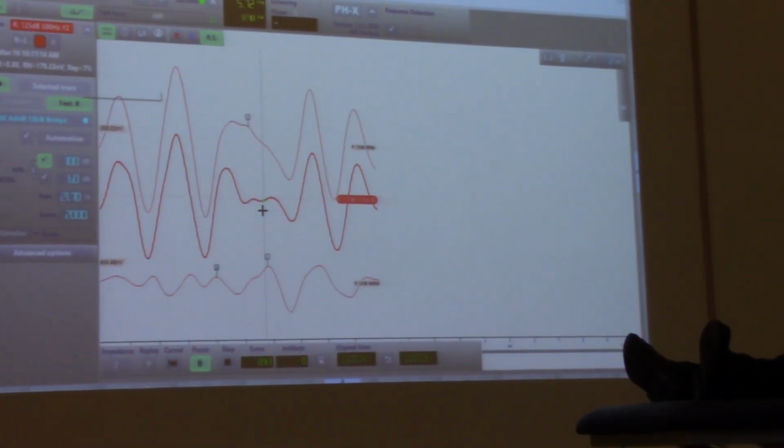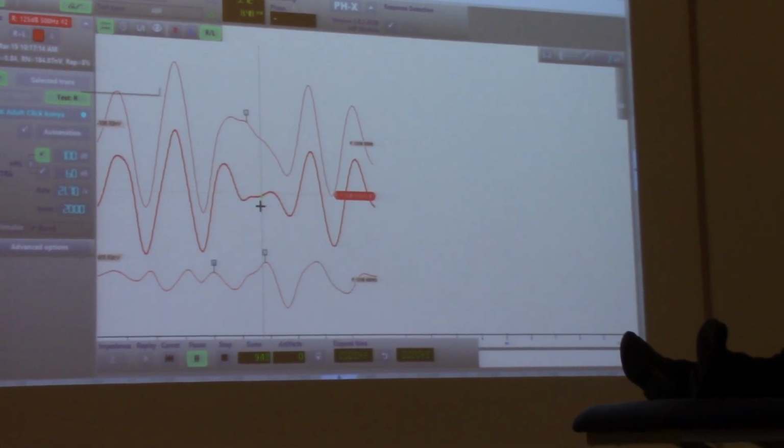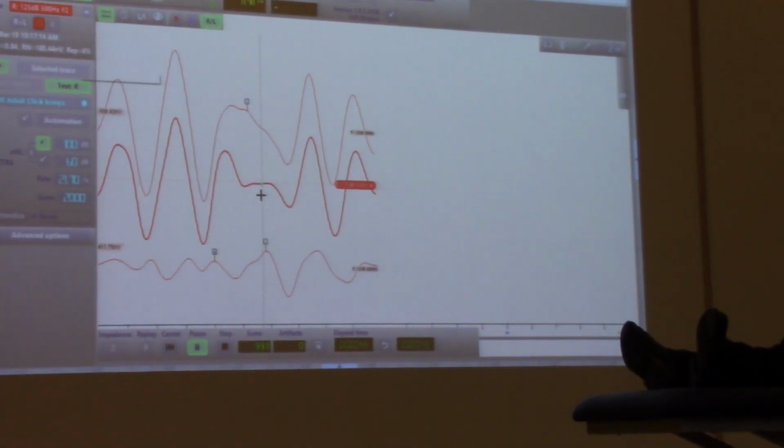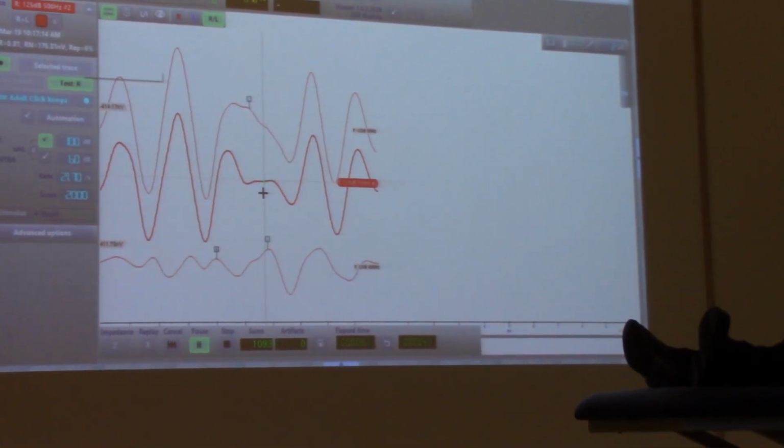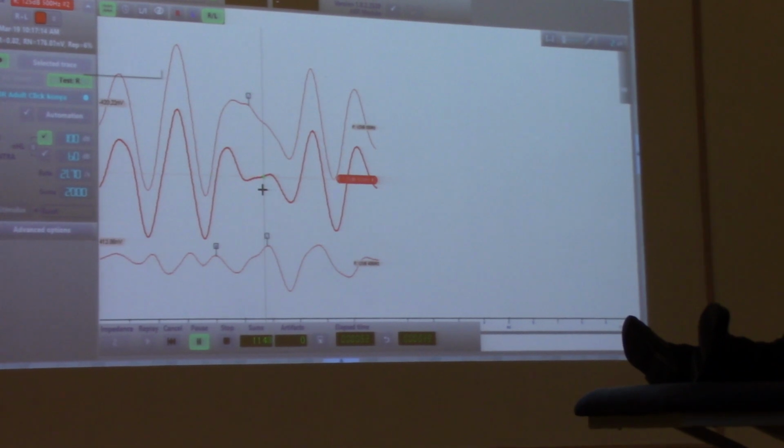So what do you expect exactly? I expect 500 tests for tumors, and for